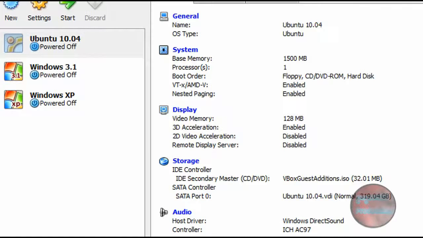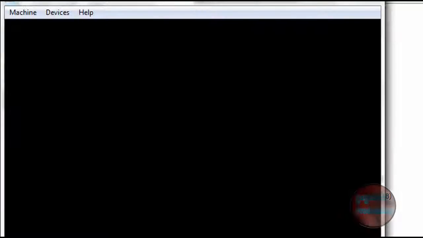So, basically what you want to do is boot from the Windows XP disk. You will need a Windows XP disk, and you want to boot from that. Most computers, if you just put it in the drive and start the computer, will automatically boot from the disk. But some computers have a hotkey, you'll have to find that out yourself, can't help you with that. Anyway, you want to start your computer,